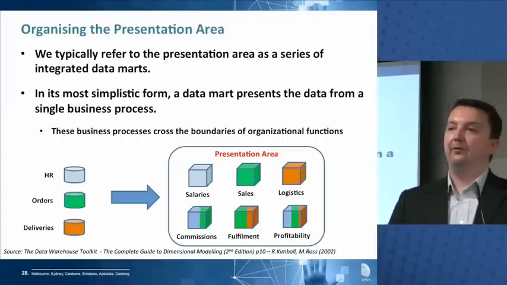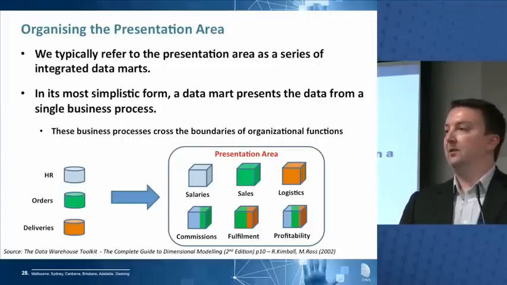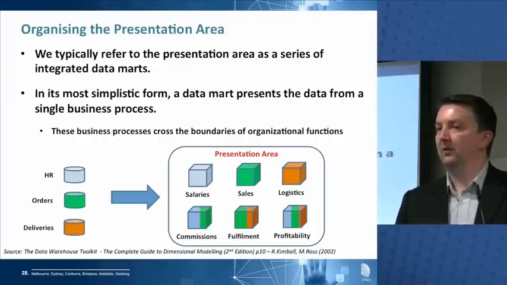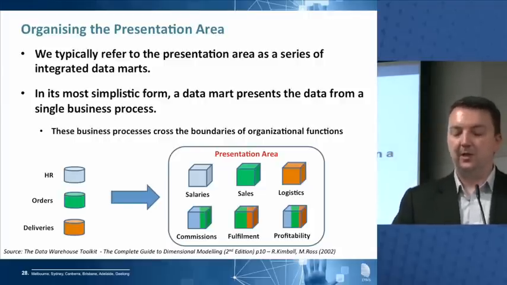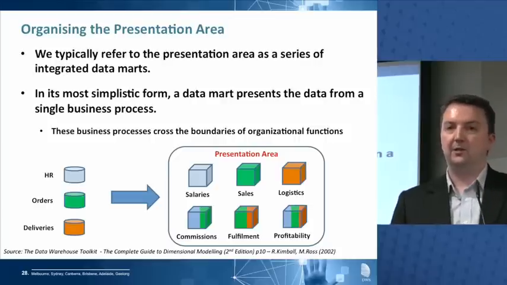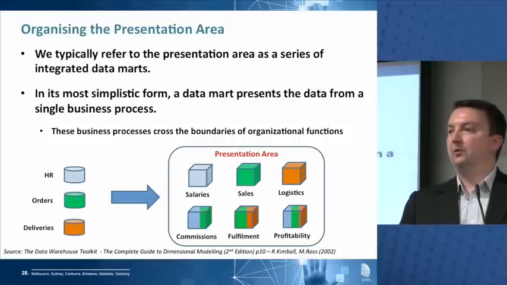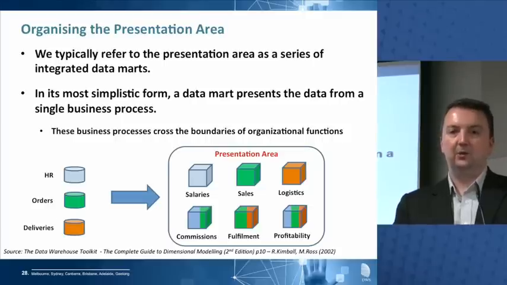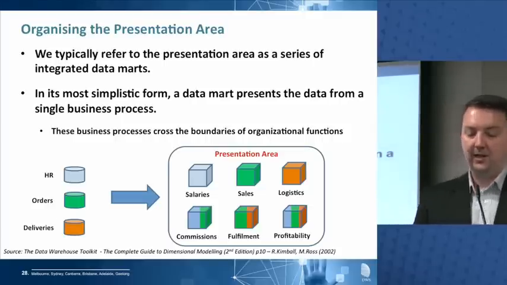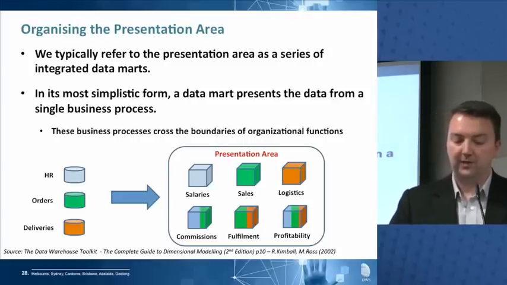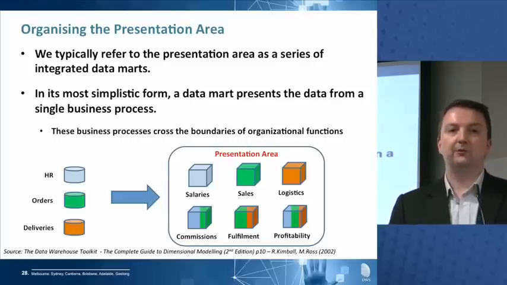Equivalently, we might want to know about commissions. We might have salespeople and the sales that they make. The information about the salespeople is in the HR system. The information about the orders that they take is in the orders system. We want to combine this data into a single queryable structure called a data mart and present that for queries based on commissions.